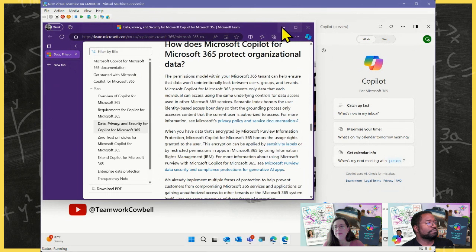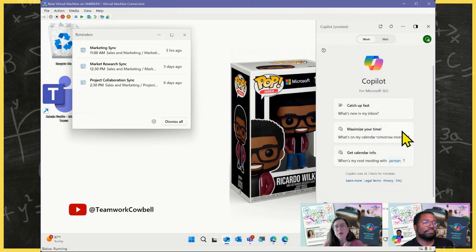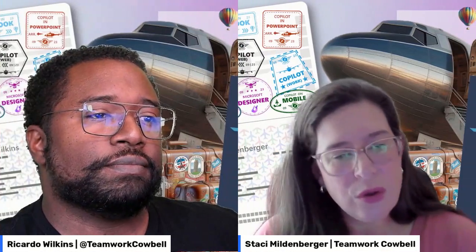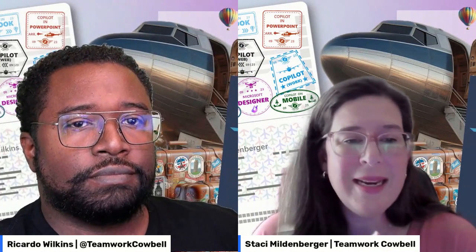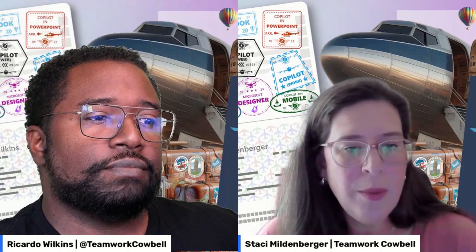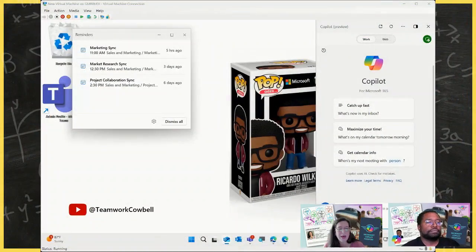In addition to what I've stated so far, it's also going to include encryption at rest and in transit, rigorous physical security controls, and data isolation between all the tenants. So it's something that is going to further enhance what we've already been doing with commercial data protection. But anytime you're using Copilot with an Entra ID, as Ricardo mentioned, you will have that added protection. So just want to make sure that that is known. We're looking forward to releasing that mid-September, so that should be landing here soon.